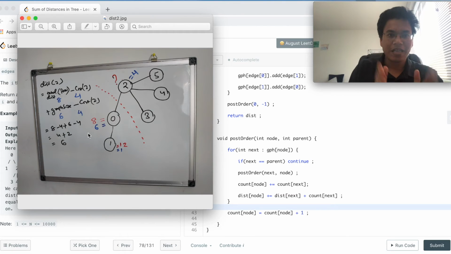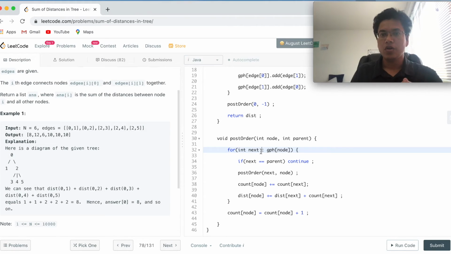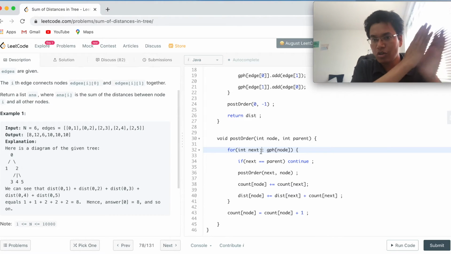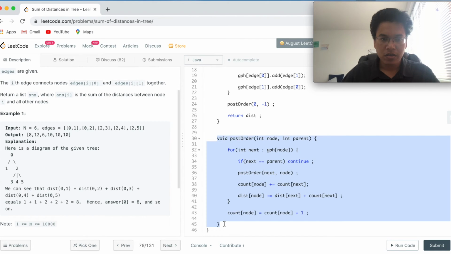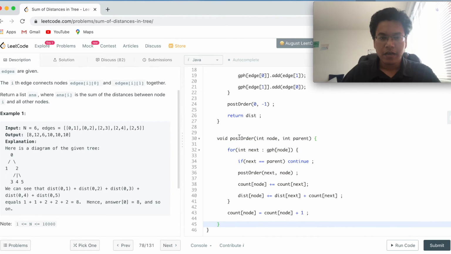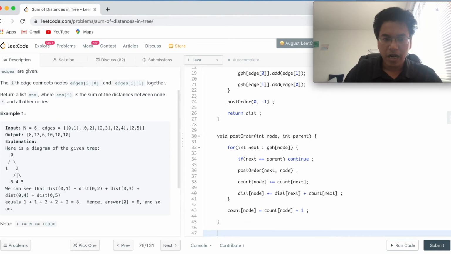Okay, good. Now let's write the second part of the method. So we use the previous values that we calculated and move towards the leaves, right? This is a top down approach, which is nothing but a pre-order traversal. I'll just copy this post order method and write my pre-order here.